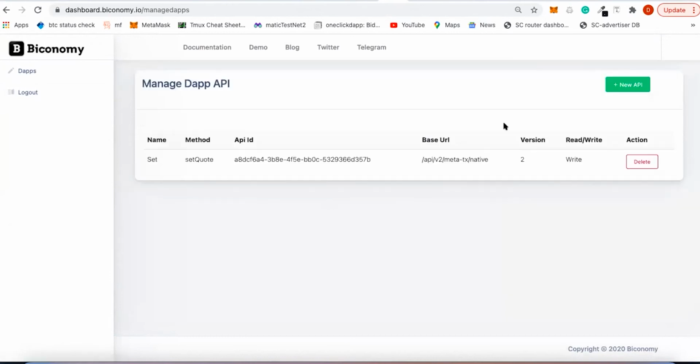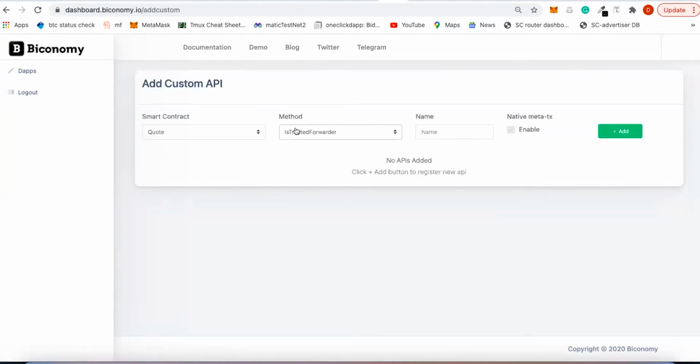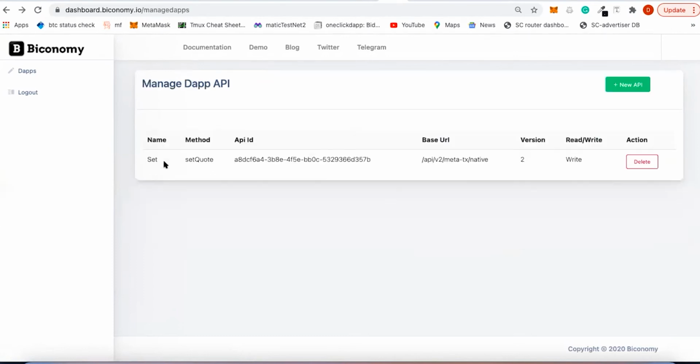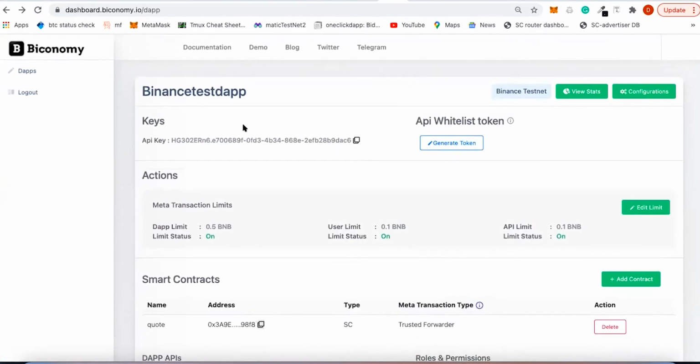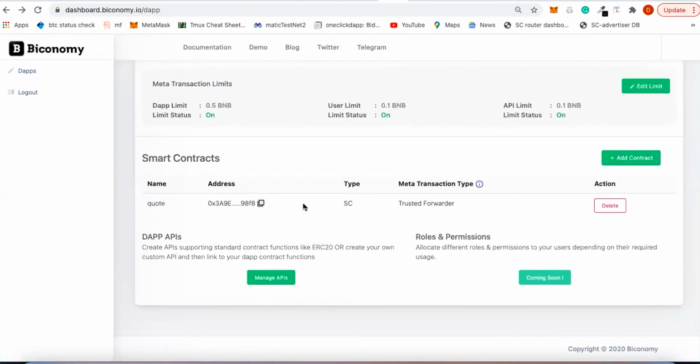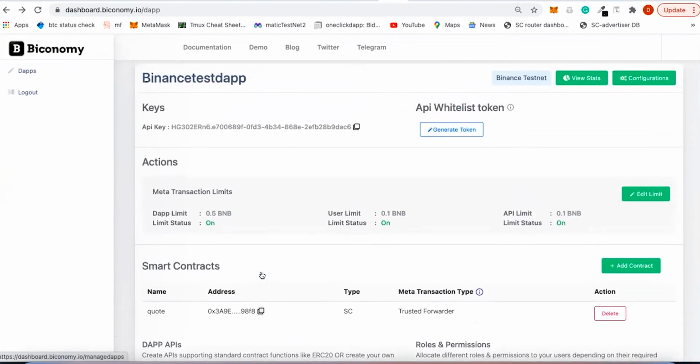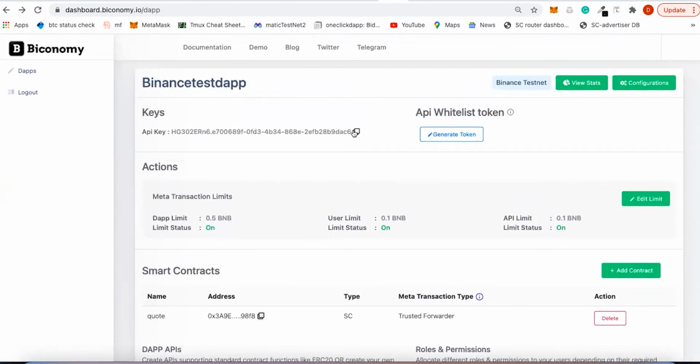Now go to manage API, and whatever method you want to enable native meta transaction for, just select that method. In my demo, I am using setQuote to send the transaction to this method via native meta transaction. So just select this, add the name, click on this and then save. I have already done this. So these are just 3-4 steps: create the DApp, add smart contract, and add methods. That's it on the dashboard. Now you can copy this API key.